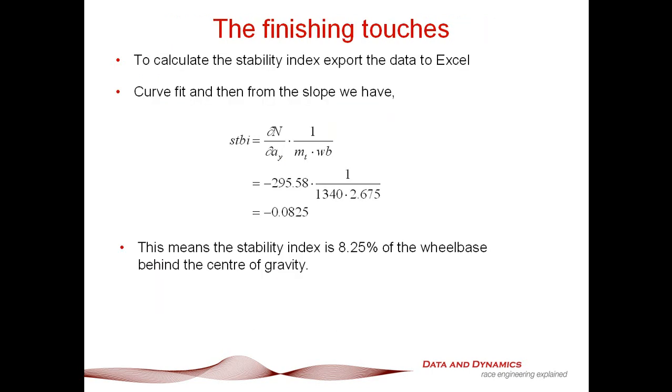In terms of some finishing touches, now all we need to do is calculate the value of the stability index. So all we did was take our dN/dAy that we'd calculated from our Excel curve sheet, and simply divided it by the total mass of the vehicle divided by the wheelbase. In this case, it was 1,340 kilos divided by a wheelbase of 2.675 meters, which means our stability index is minus 0.0825. So that basically means that the center of the lateral forces is 8.25% of the wheelbase behind the